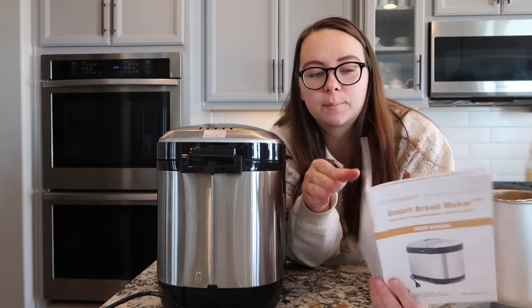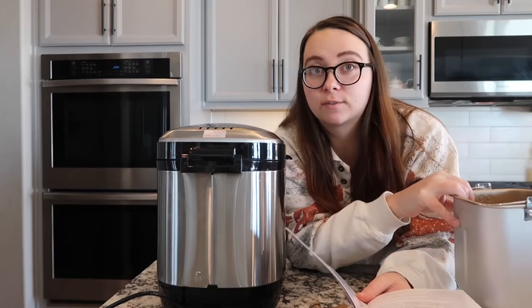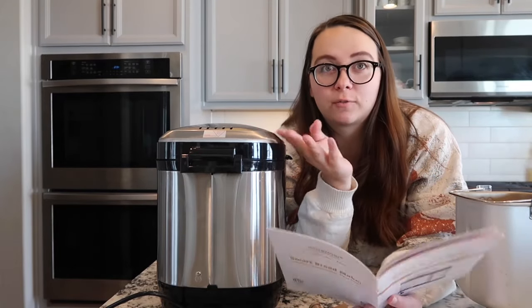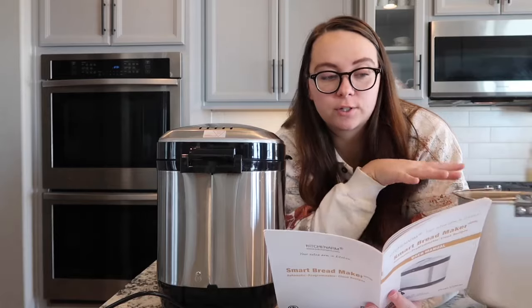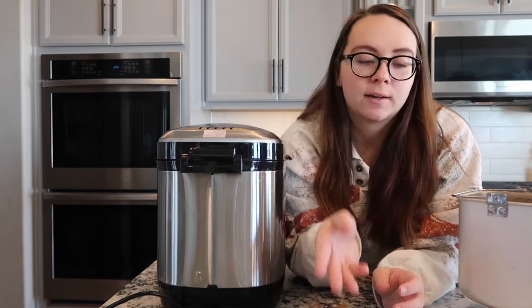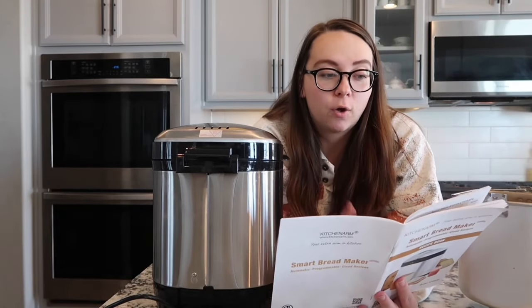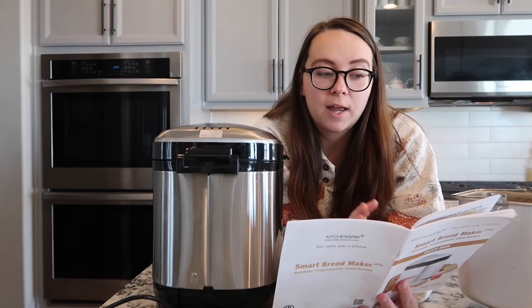Okay, this gave me absolutely no information. I gave it a quick read. It basically just says, yeah, clean this out, add the ingredients, follow a recipe. This will ferment for 8 hours. You can increase or decrease that time as you need, and then you just hit start. So very, very simple. Now, the only 3 things that we need for yogurt are whole milk, yogurt, and white